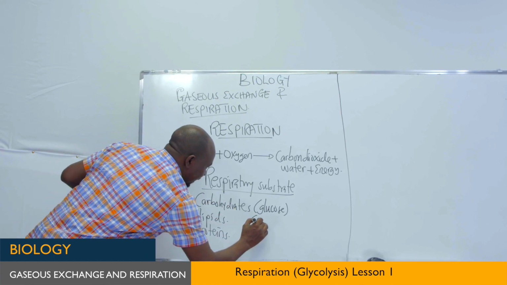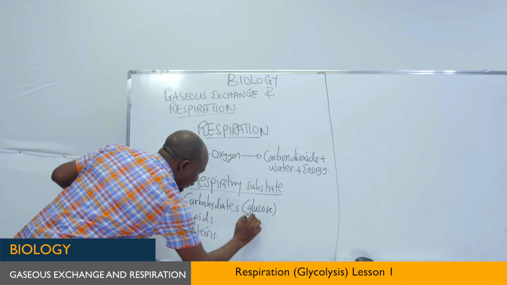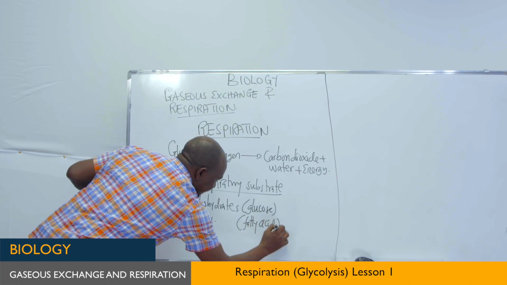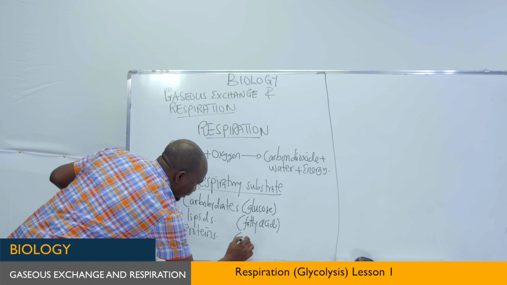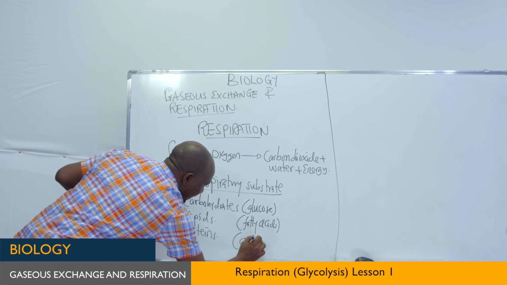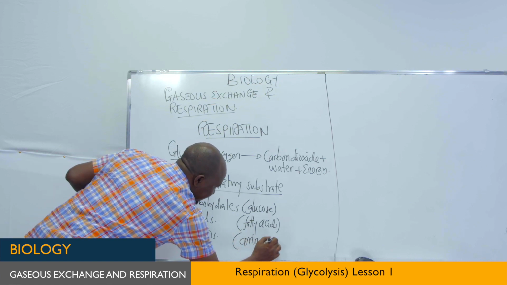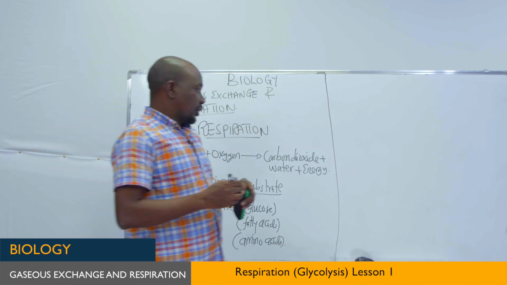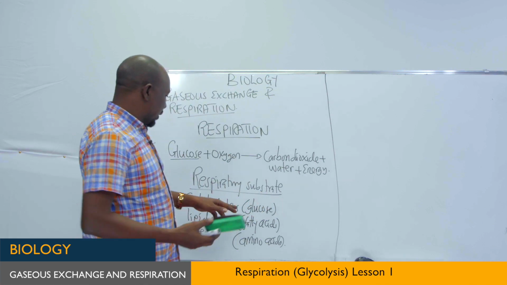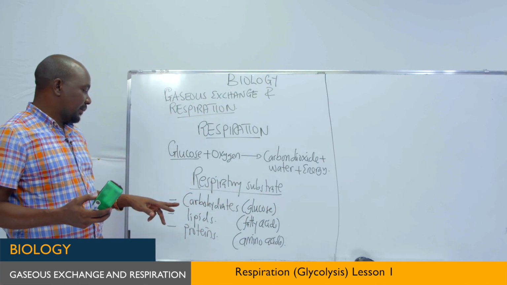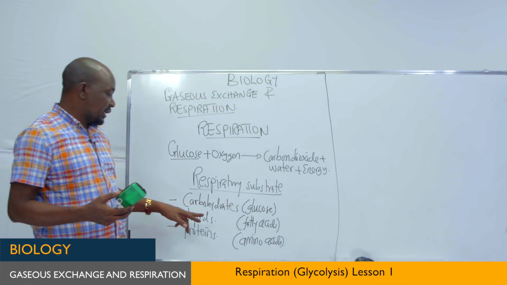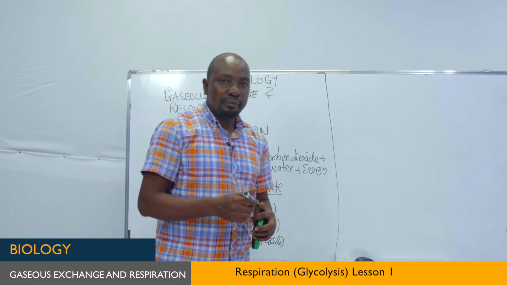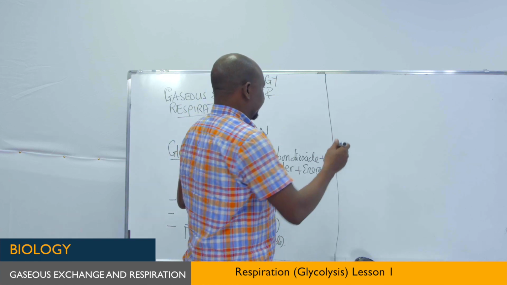It is followed by the lipid in the form of fatty acids, and the protein in the form of amino acids. So to answer this question, why glucose is used as a primary respiratory substrate instead of the lipid in the form of fatty acids, the reason is